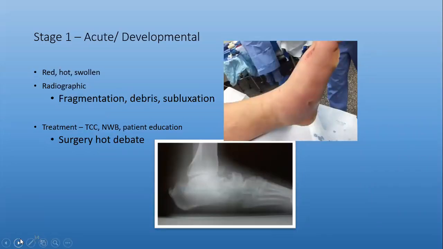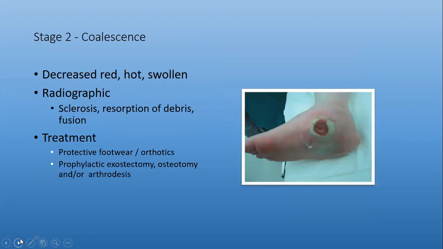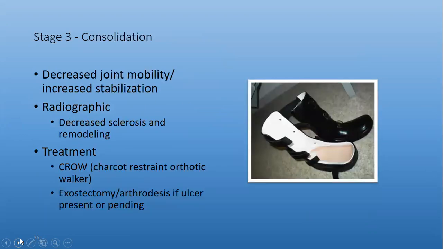So without getting into a lot of boring detail, we have stage 1, that acute stage, stage 2 where it coalesces, some sclerosis and resorption of the debris that occurs in the stage 1. And then the consolidation, putting these patients into a Charcot boot. Now, obviously the big problem with Charcot boots is actually getting a patient to wear this bulky,